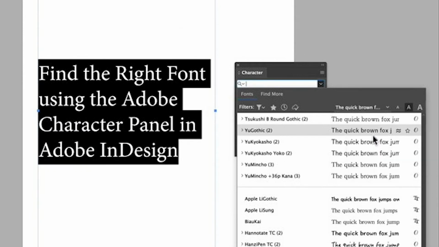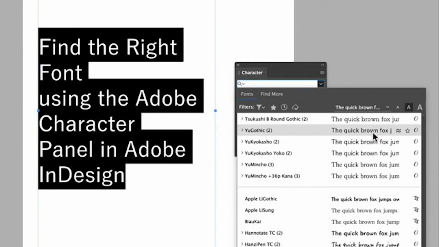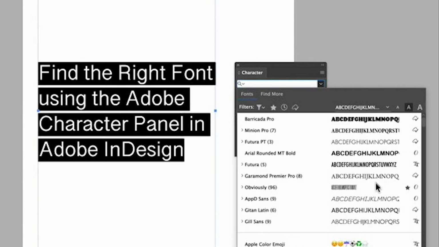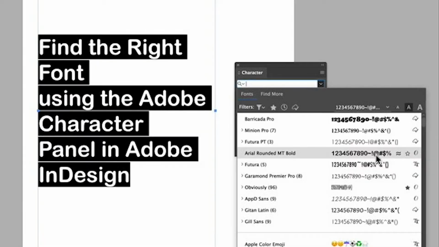Another thing that you can use for preview text is the Quick Brown Fox pangram, or a phrase that includes every letter of the alphabet. So say you want to have a really quick read of the whole typeface and what it looks like. This phrase is designed so you can see every single letter at a glance, as quick as possible, in context in a really short sentence. There's also the full uppercase construction of the alphabet, so if you want to see all the uppercase letters, as well as the numbers and symbols.